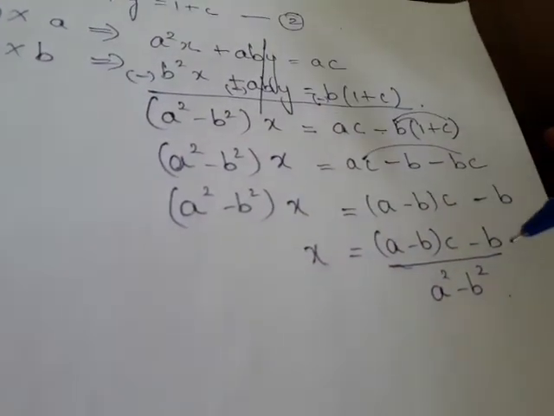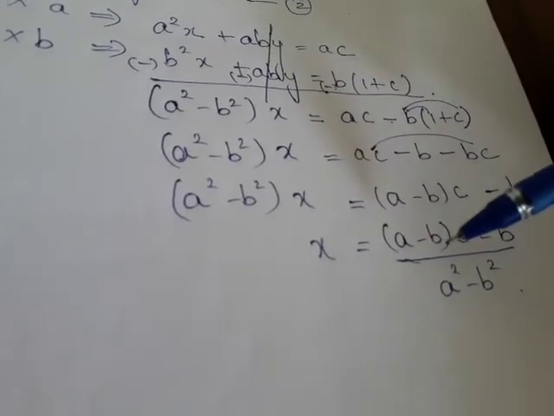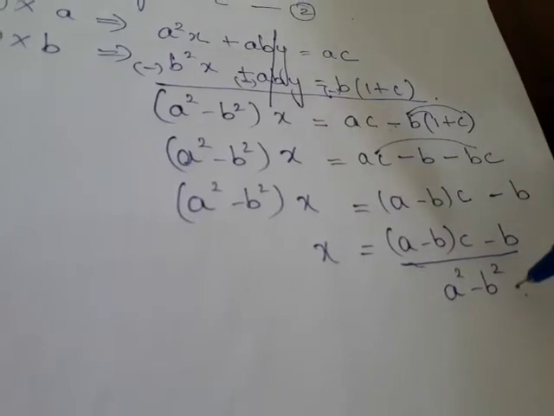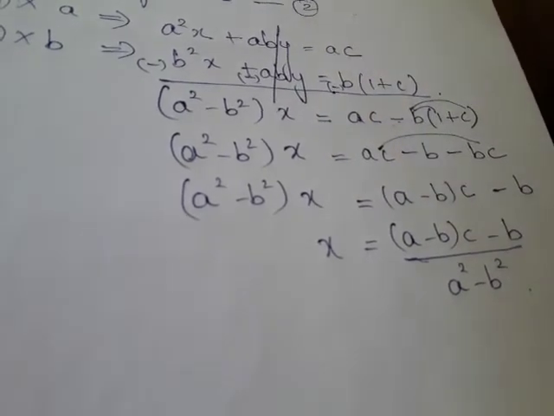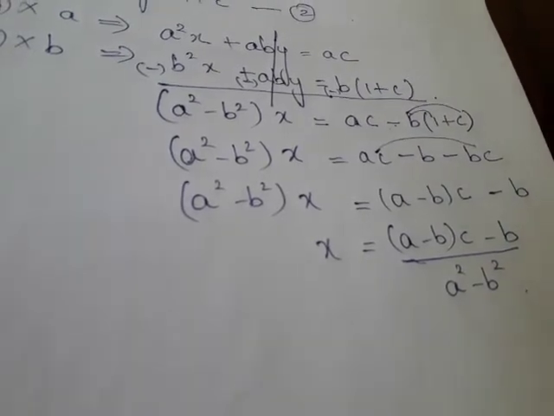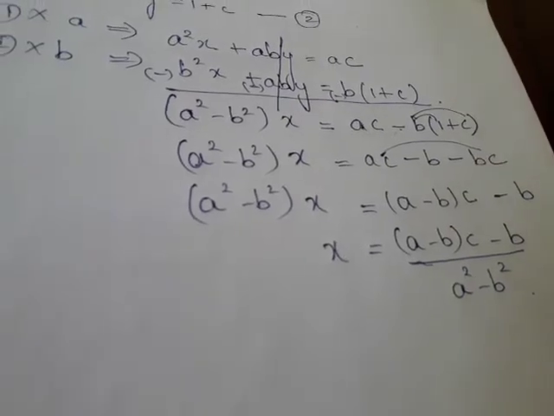If suppose in the numerator here also we had a minus b, we could take a minus b as common. So in the denominator we can use the a square minus b square identity, a plus b into a minus b. a minus b will get cancelled, then we can simplify. But that cannot be done here. So this will be the value for x.